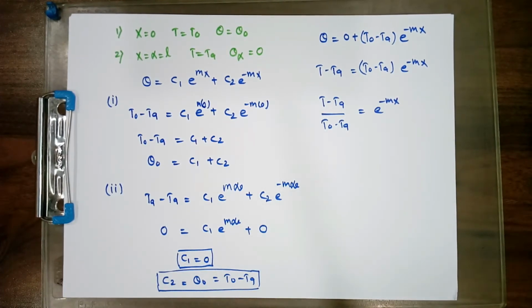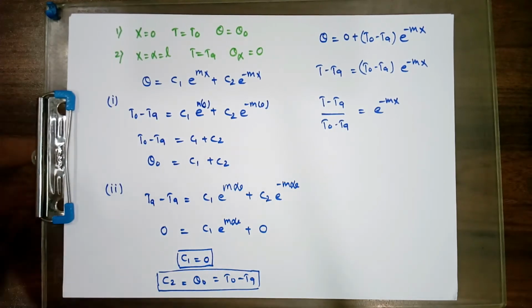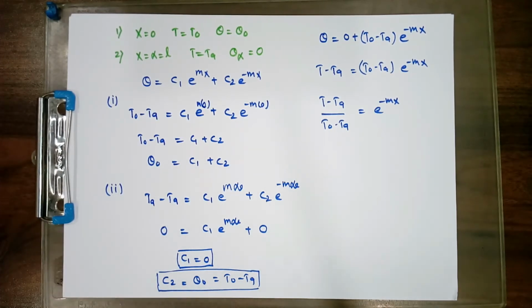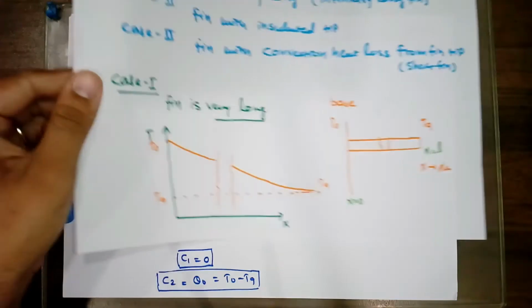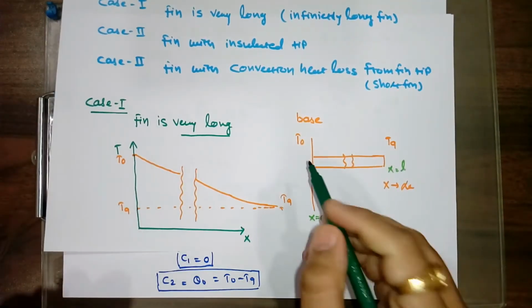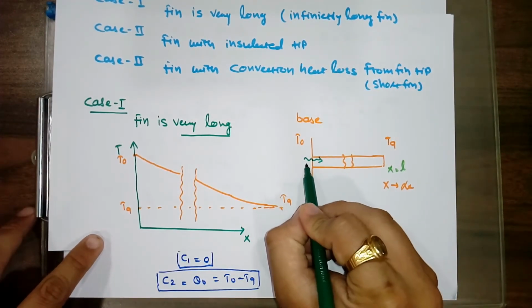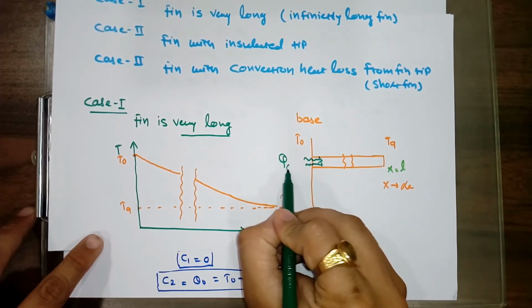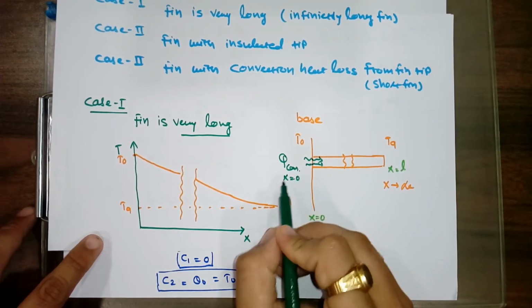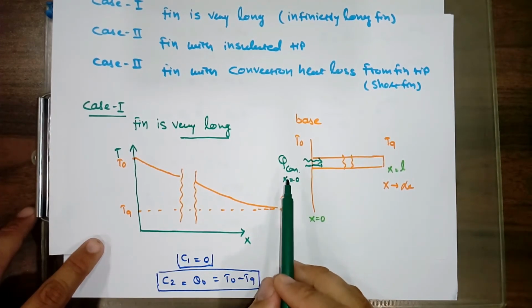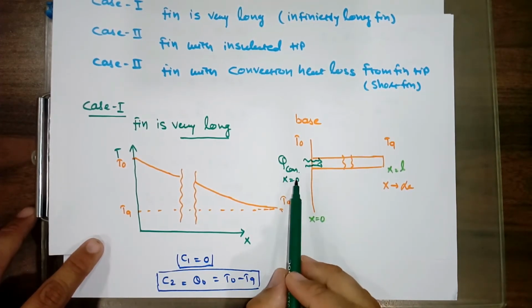Now we can find the rate of heat transfer in these conditions. Heat dissipation can be determined by two methods. One is by considering the heat transmitted by convection from the surface of the fin to the surroundings, and second is by considering the heat flow across the base by conduction. Let us understand by the figure. The heat which flows from the base is one way that we can calculate. So here it is Q conduction at x equals 0. Using this one, we can calculate the rate of heat dissipation from the fin.